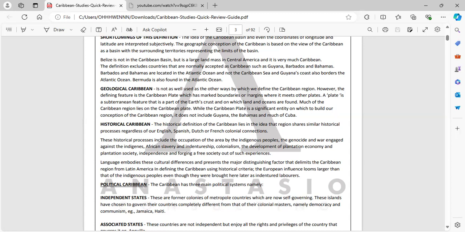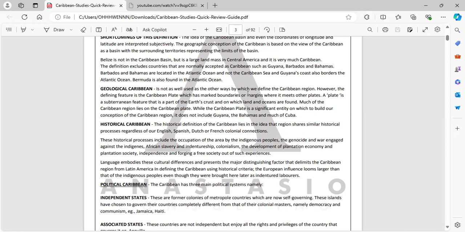That's why you must always include the five key terms in the definition. If you only use the geographic definition to define the Caribbean, saying Caribbean countries are those washed by the Caribbean Sea or within the Caribbean Basin, you're going to exclude countries like Guyana, Barbados and the Bahamas, because these three countries have historical and political affiliation. That is why they are considered Caribbean. So if you only use geographic, the limitation is that you exclude these three countries.